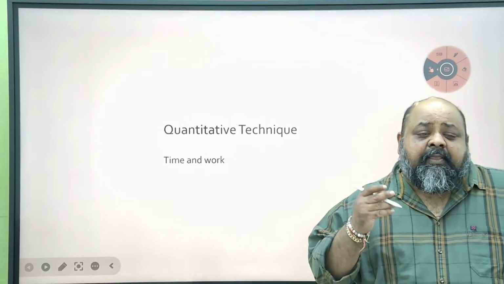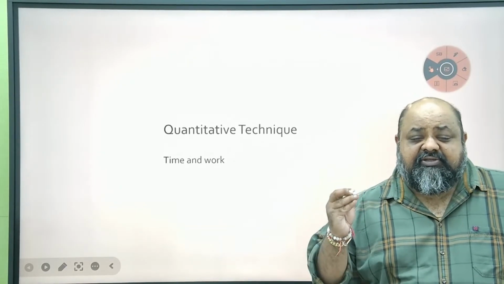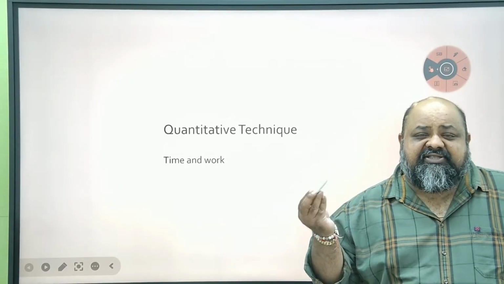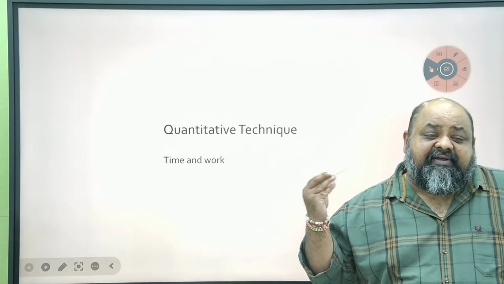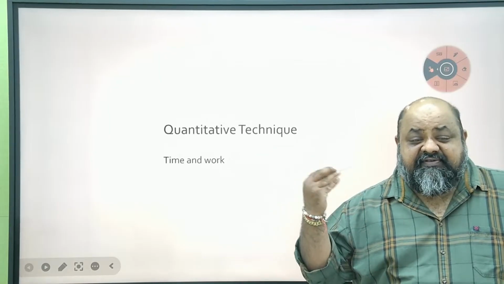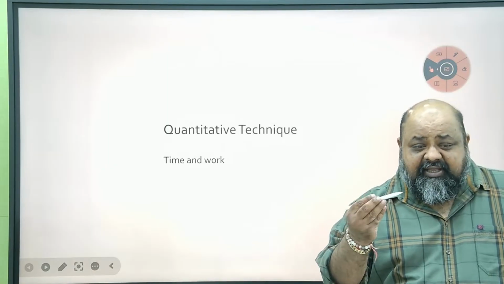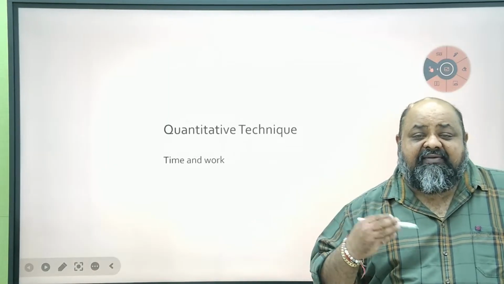For example, if I sit down to solve questions in maths, and I solve 50 questions in a day, my efficiency becomes 50 questions. Someone else might do something else. My friend does 60 questions in a day. His efficiency is 60 questions. So if I have to look at work being done by me or my friend, the time will vary